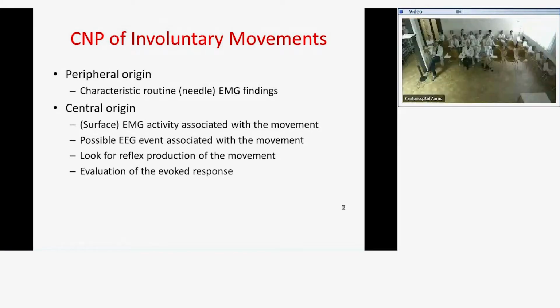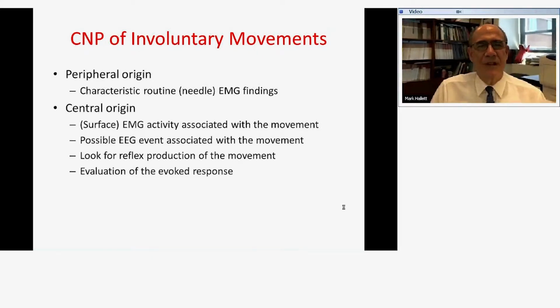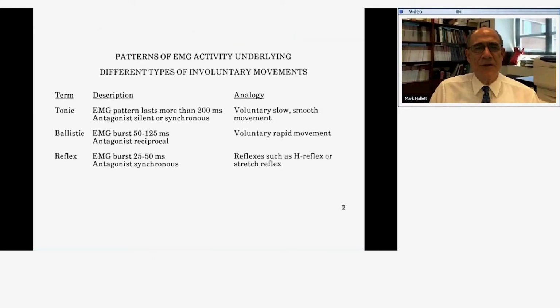Okay, so then the fourth method listed under central origin is to look at evoked responses, and that would be in special circumstances that we'll look at shortly. So the first issue then is, what does the EMG look like? And there are basically 3 different patterns of EMG. And the most important column is this one here, in which